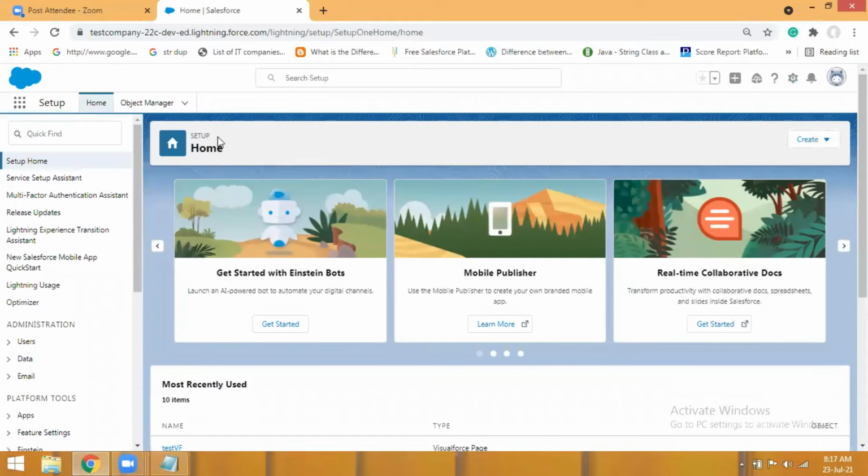So this is nothing but the Salesforce instance. This is where we will do all our practice. I'll tell you at the end how you can get this instance, but this is how Salesforce looks like. So why is Salesforce booming and why is Salesforce capturing the market? We'll be discussing that.